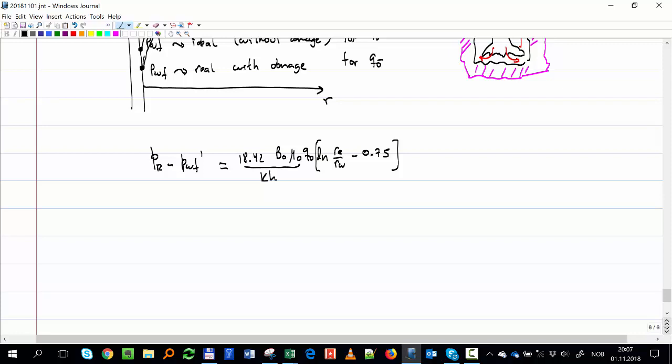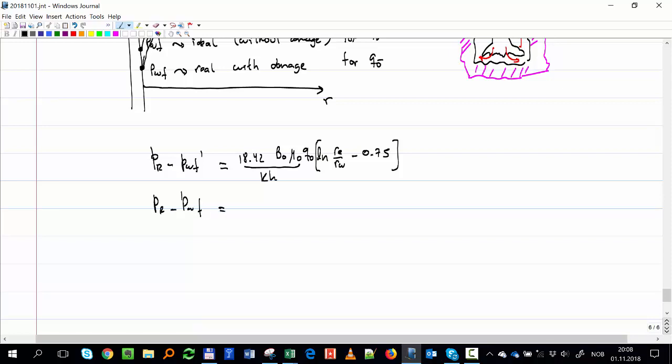Okay, yeah, I think it's correct. So that's one. That's expressing the delta P of the ideal. Now the delta P of the real PWF, what I am actually producing,